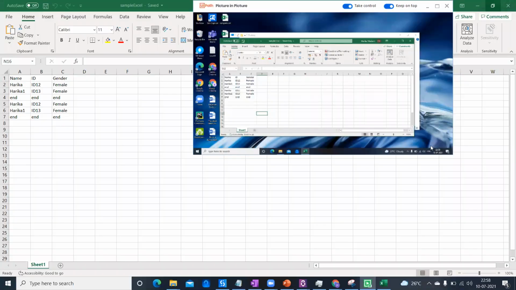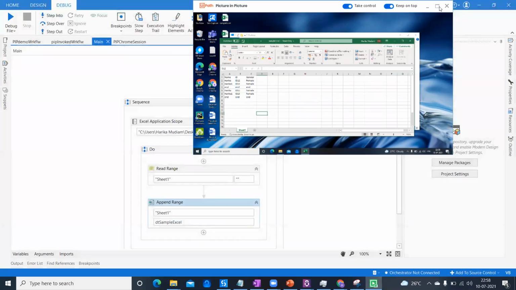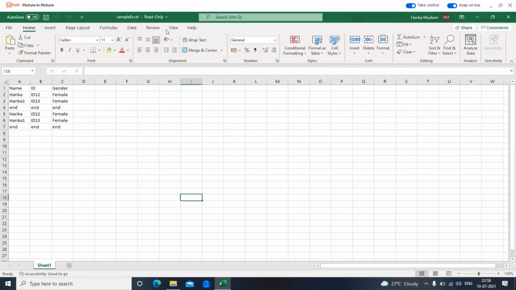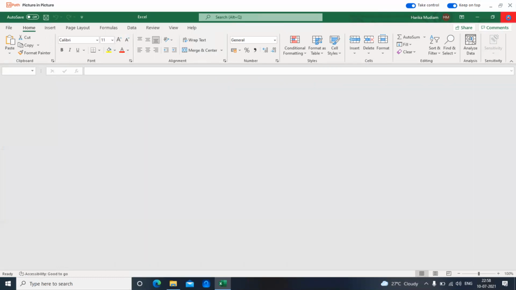So what happens? I'm closing my Excel in the main session. And now coming to the PIP, if you just observe here, it has given me the read write access now. That means if you're opening Excel in a PIP, and it's already open in the main session, it would be opened as read only. It will not give you the permission, even if you didn't check the read only checkbox. Still it will not give you the access to write the data. So that's what we have seen here.